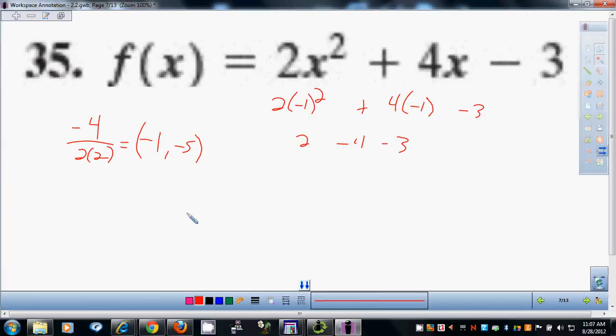What is my axis of symmetry, y'all? Jesse, what's my axis of symmetry? X equals -1. Very good. Time for my intercepts. Quadratic formula: -b plus or minus the square root of b squared minus 4ac,